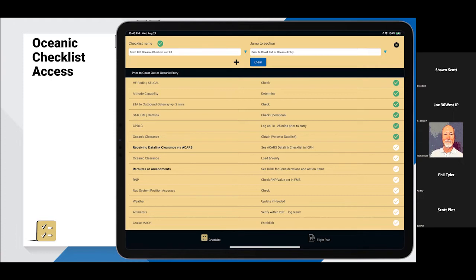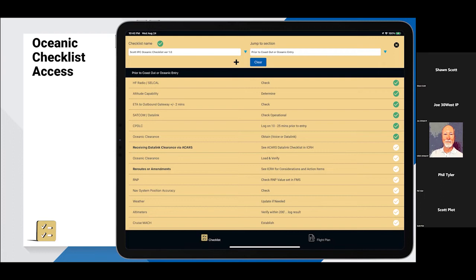The checklist can be tied to the reminders or can be accessed just by clicking the icon. This is a phase of flight checklist, like I mentioned before. So you've got a flight planning section, an Oceanic dock section, pre-flight, off blocks, prior to coasting out, approaching waypoints, passing waypoints, and a coasting in section. Very detailed